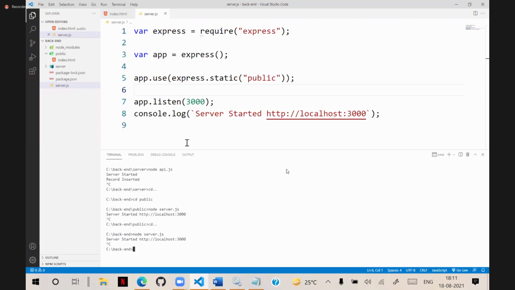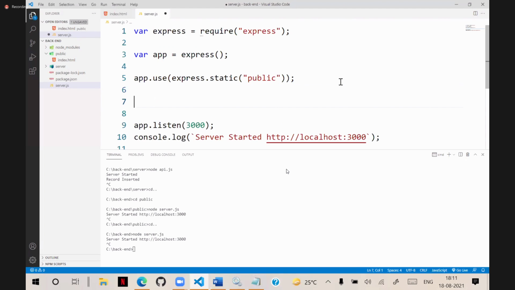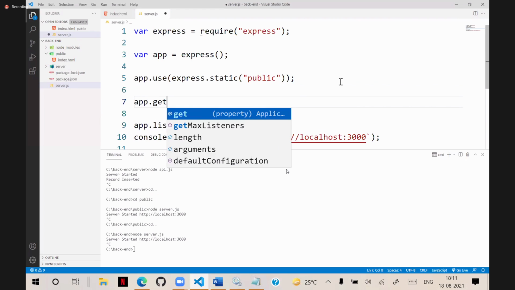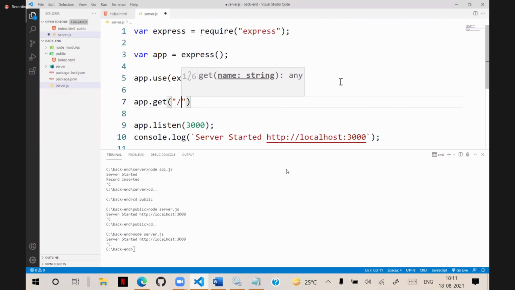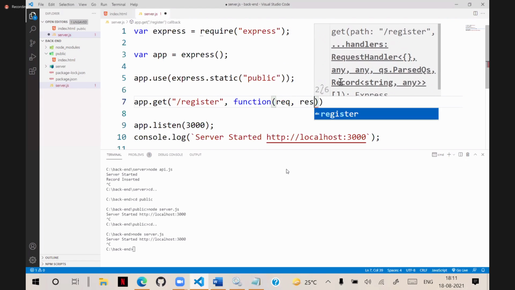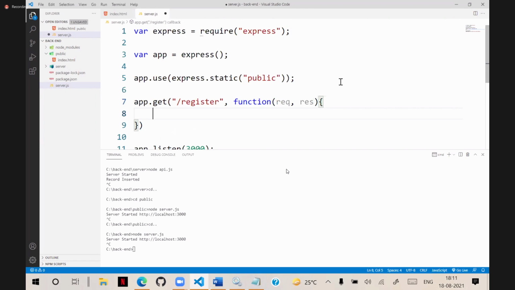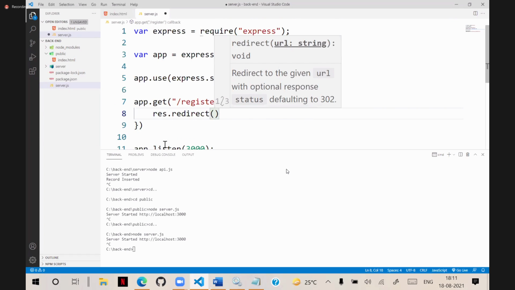For example, app.get, if it is slash electronics, or we say slash register, that function takes request and response. And here we need to define that I want this to redirect. So response.redirect, to which URL you need to configure.